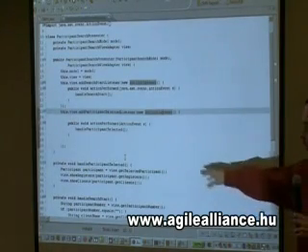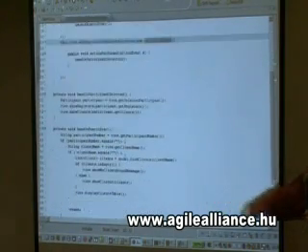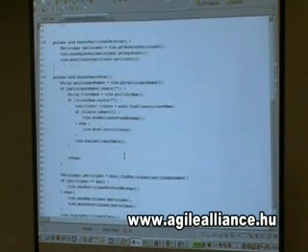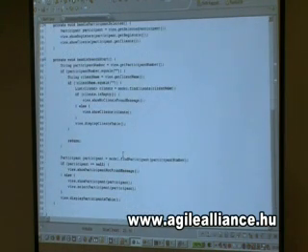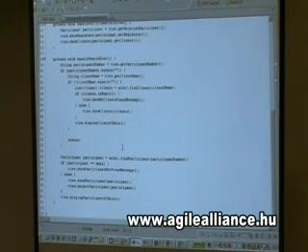Here we've got the logic which handles, for example, starting the search. So after hitting the search button, this code gets executed, and this code talks to the view. It gets the number that the user entered, and it checks what to do next.